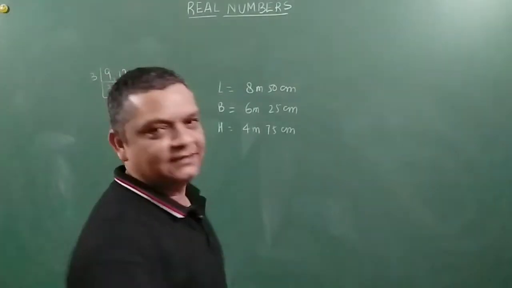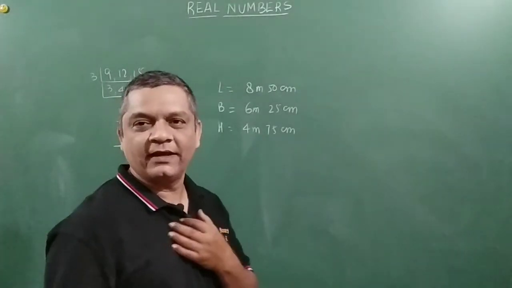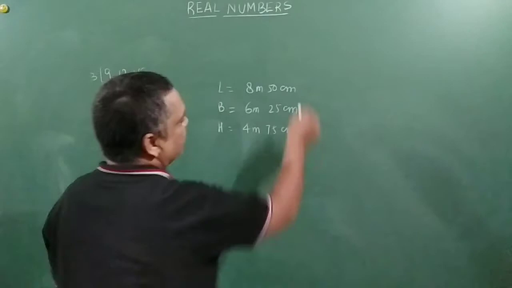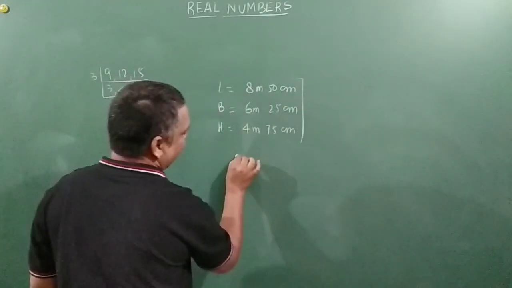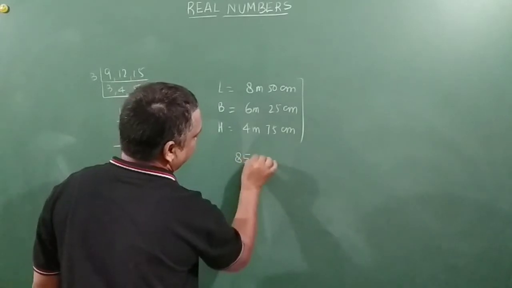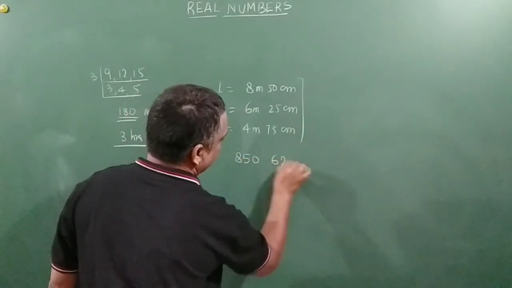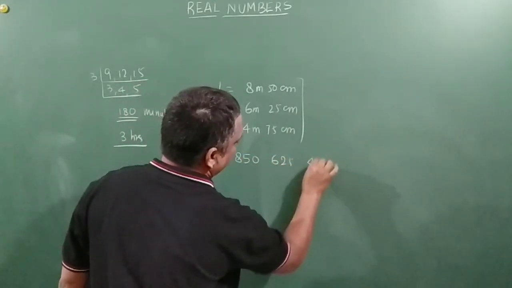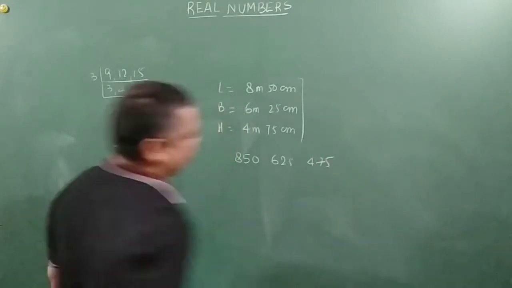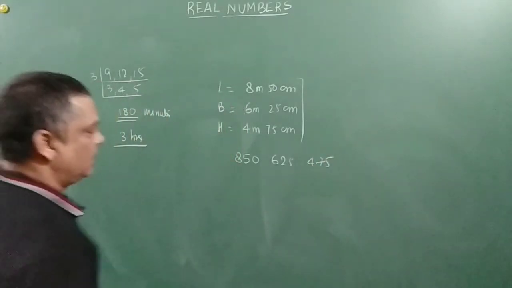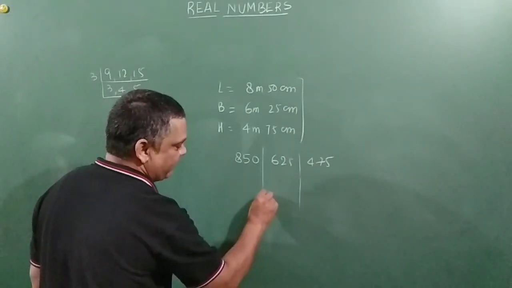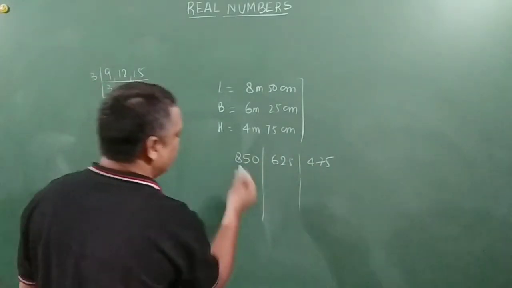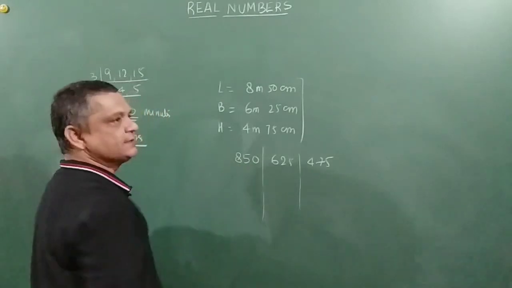We need to find the HCF here. Okay? So HCF will be HCF of 850, 625 and 475. Right? What I generally use to find out HCF is the method of factorization. Right? So 850, can this be written as